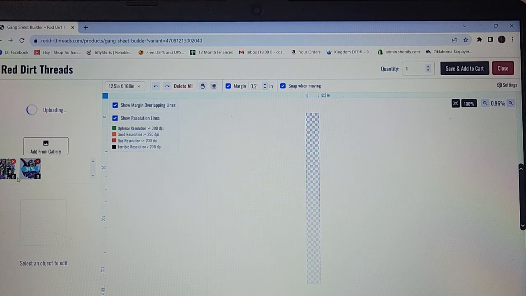Once uploaded, you'll see that there is a red X on the top right hand side. If you accidentally upload the wrong design, you can always click on the X and it'll close that design out. And on the bottom right hand side, you'll see the number 0 on each of those. You can actually click on that one time,